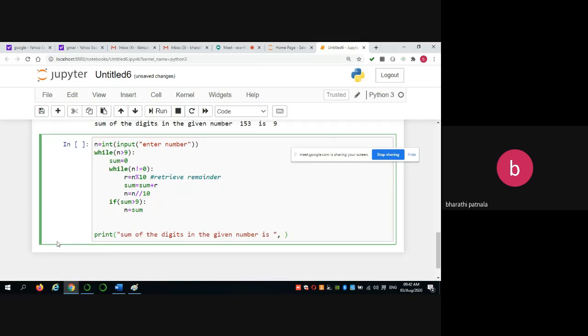Once n value becomes 0, the value will be in sum, so you can check if that sum value is more than 9, then you have to do the same task further. Okay, otherwise simply leave that one.